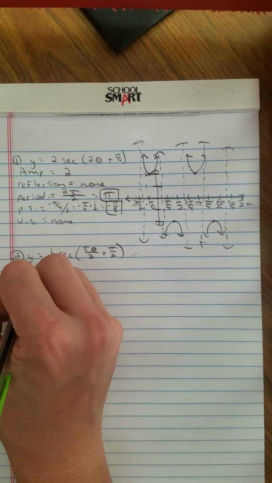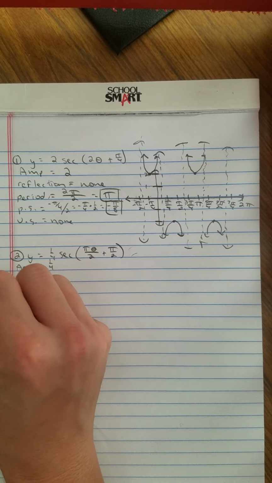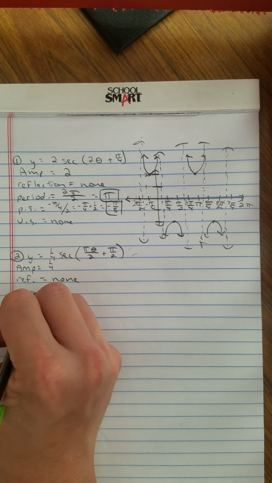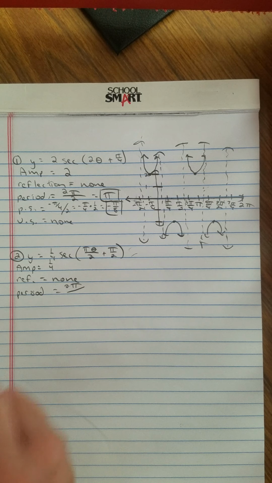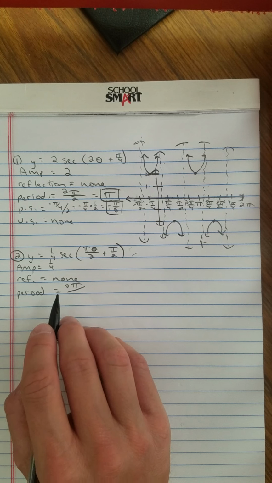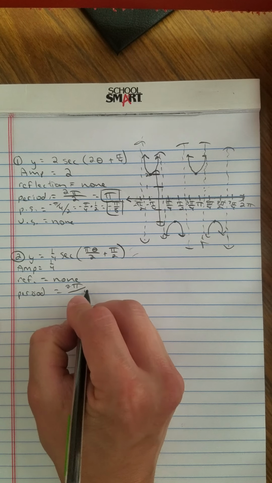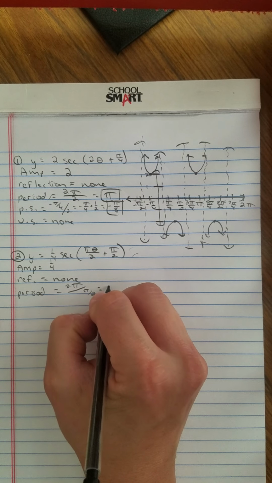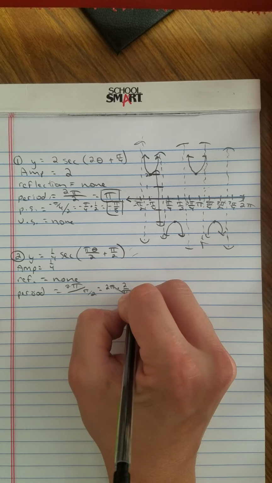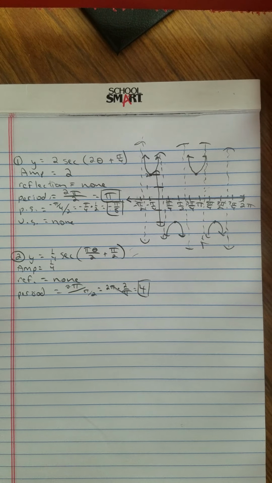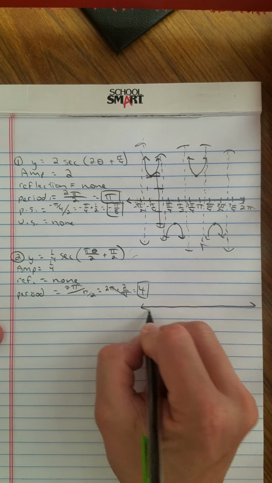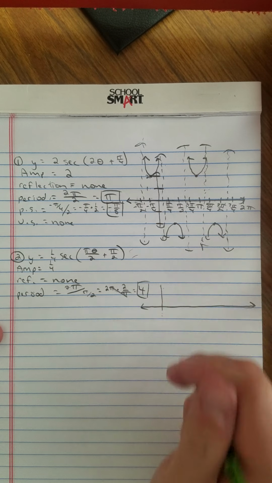So we can kind of just go right down the line. Our amplitude is 1/4. There is no reflection, so I'll just say reflection none. The period is 2 pi divided by whatever this coefficient is. Now this is going to look a little confusing, but it's actually going to make our labeling really nice for once. It's 2 pi over pi over 2. So if we again do reciprocals, it's 2 pi times 2 over pi. So the pi's actually cancel, and my period length is just in terms of actual regular numbers. It's just 4. So again, what the period allows us to do is just simply